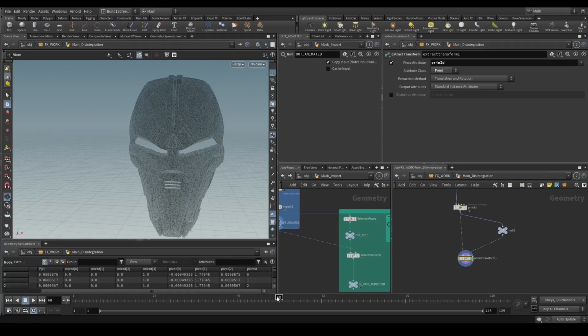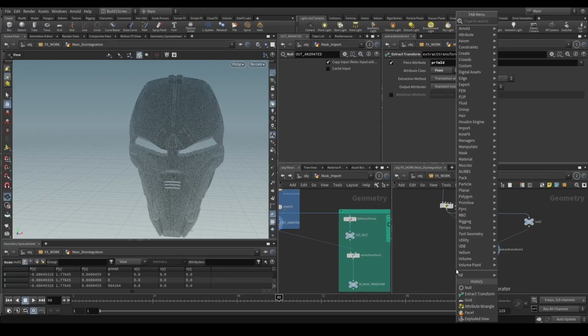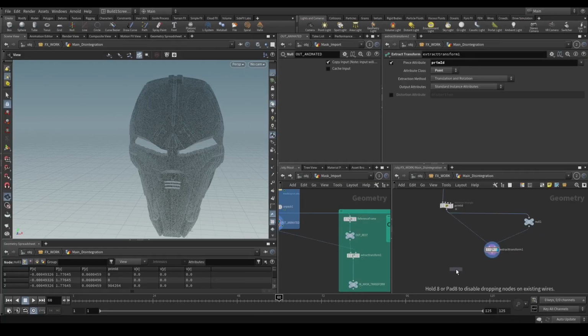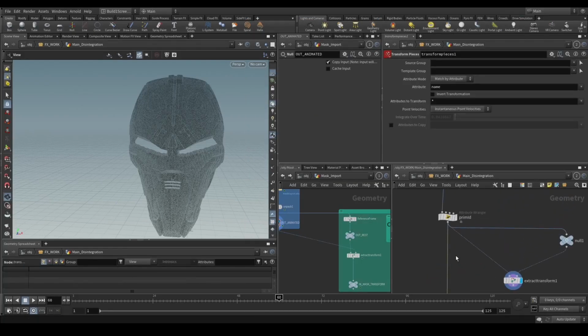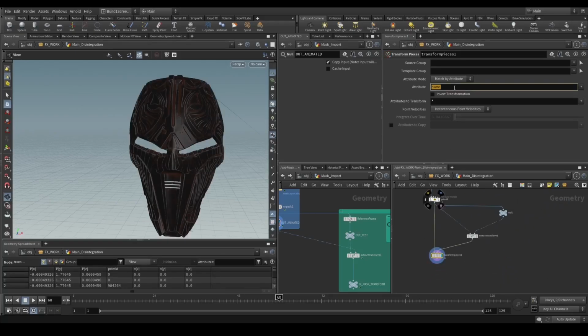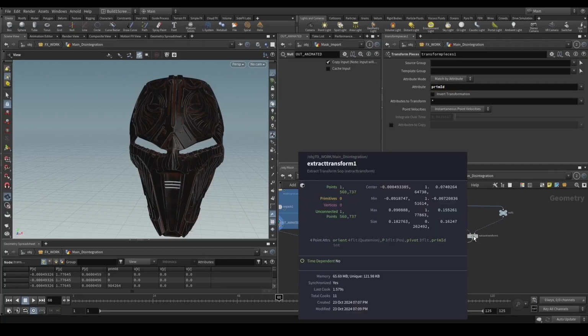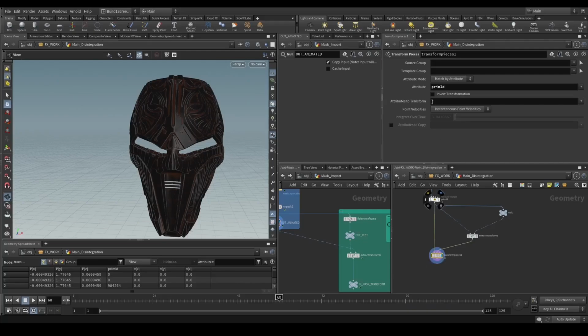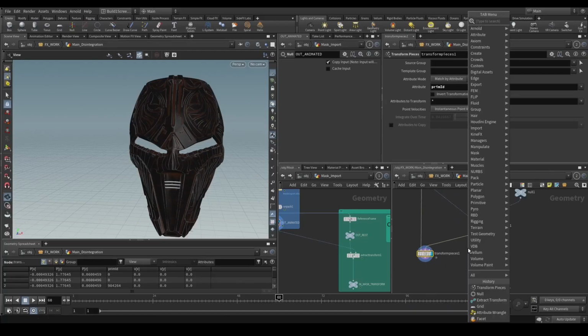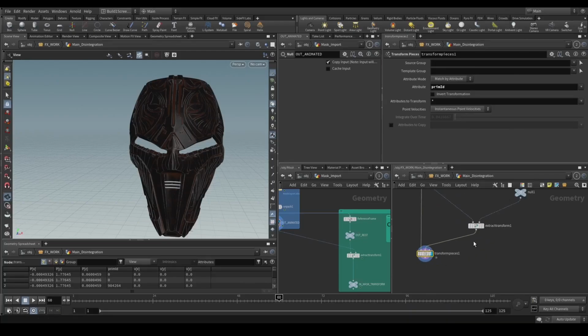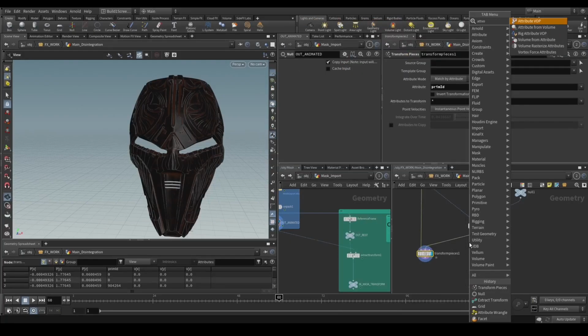The good thing here, you can see that Houdini created for us those orient attribute and pivot attribute, which is going to make us able to transform pieces. So here, if I just were to drop down a transform pieces node here, and I'm going to put prim_id instead of name, and basically here, if I were just to put some noise,